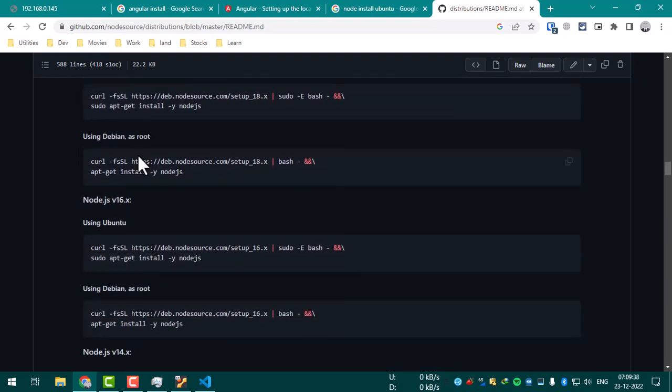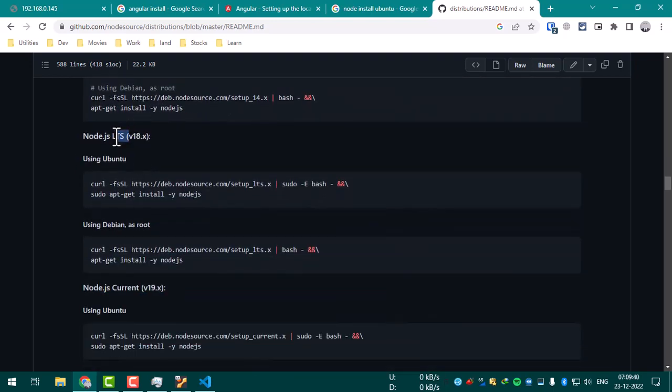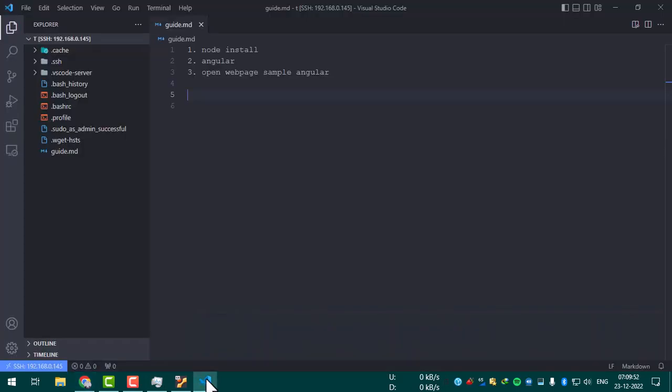So scroll a bit down and search for LTS. We need the LTS because it is supported for a long time, and it's showing the instructions for using Ubuntu. So just copy this line and go to the Visual Studio Code, open your